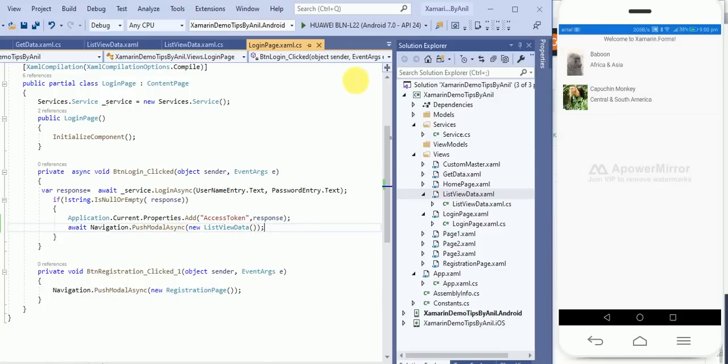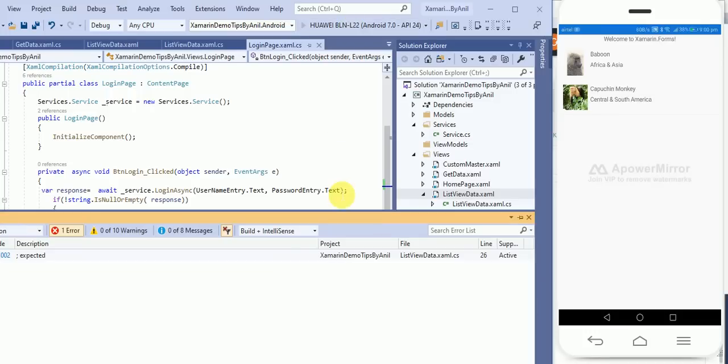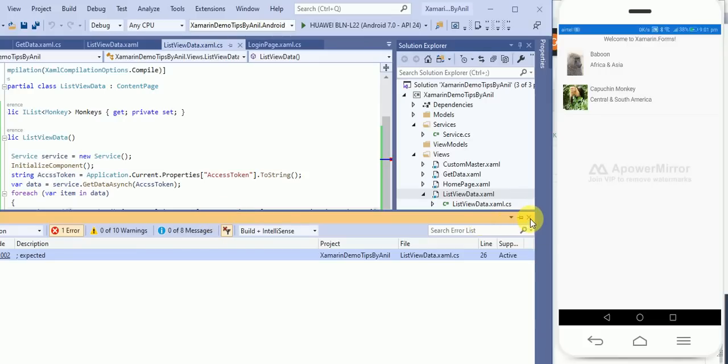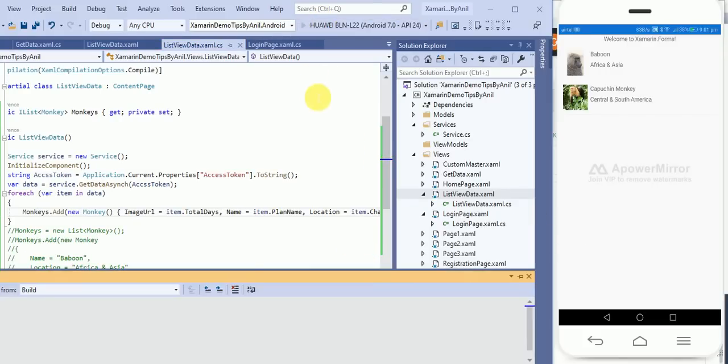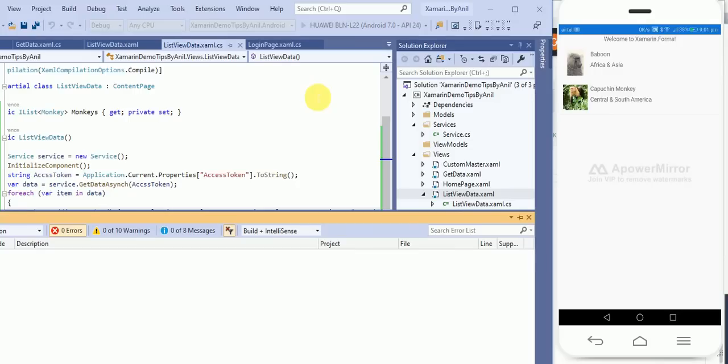Now I will call it. It will take a few seconds to compile this solution, so I'm skipping this part of the video.